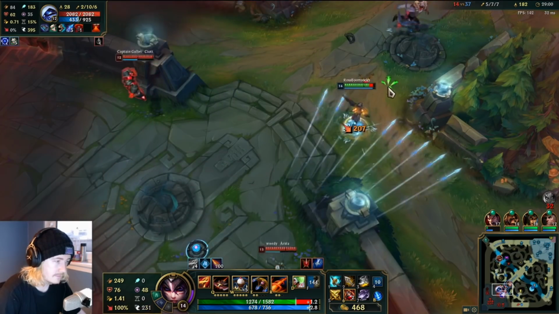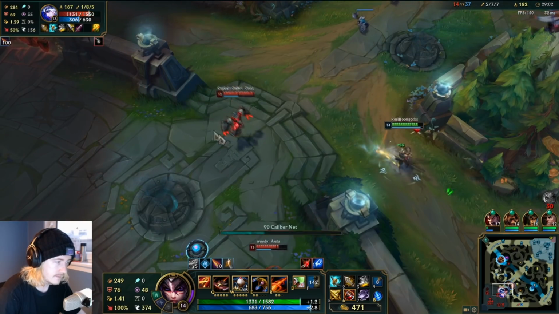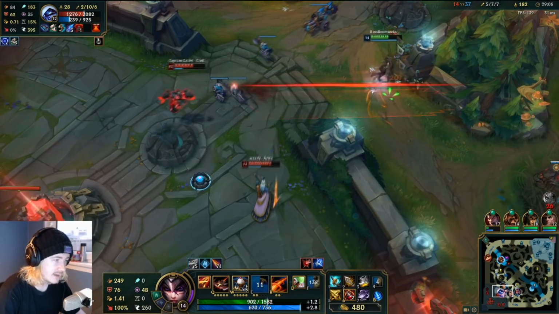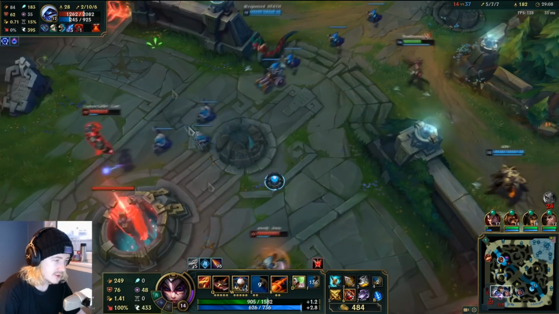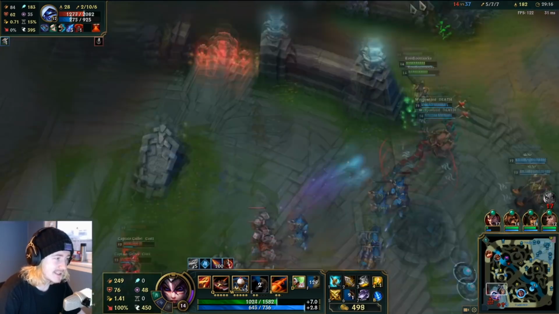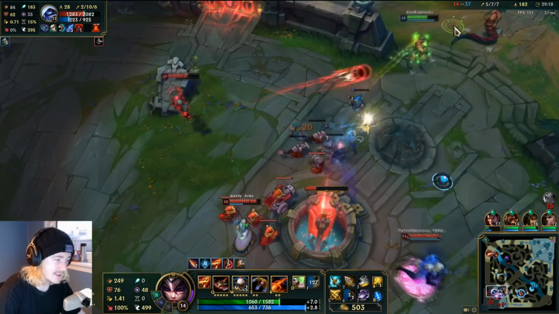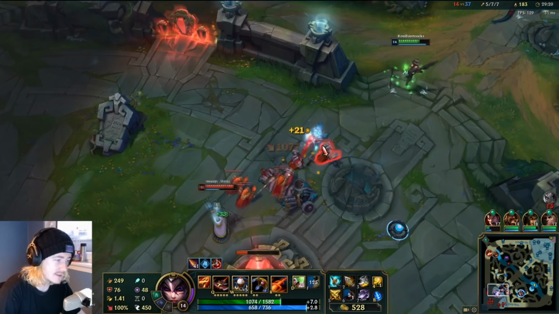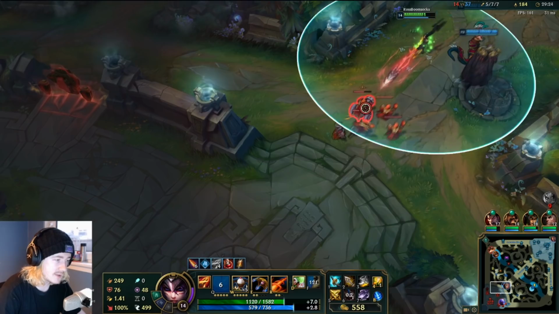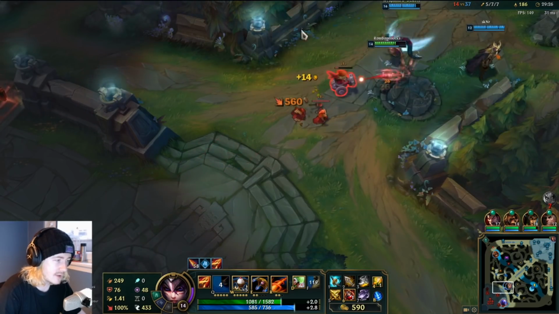Okay. Oh, that's juicy. These are juicy hits here. Dude, this is such a stupid fun build. Honestly, it makes no sense. The damage comes out of pretty much nowhere. But all the synergies together, you can just like...